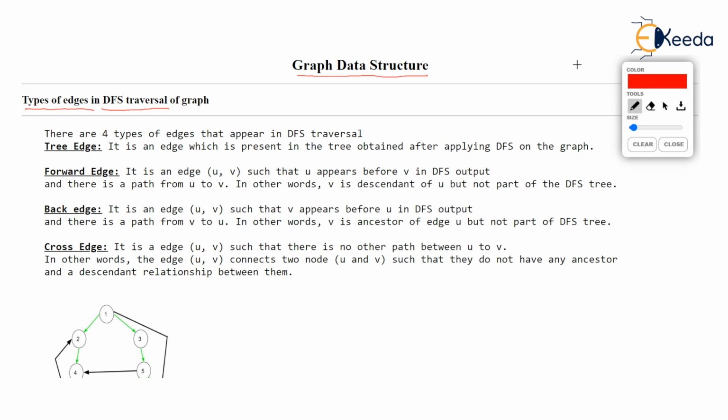Now, basically, if you consider some graph, may be directed or undirected, and when you perform a DFS traversal on that graph, you get a tree basically. So, what is the output? Output of DFS traversal on a graph, any type of graph for that matter, is always